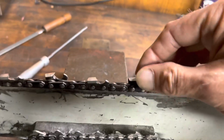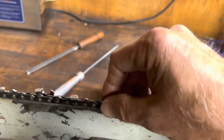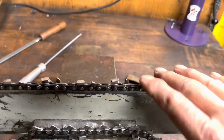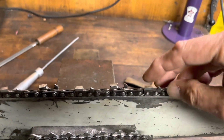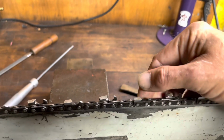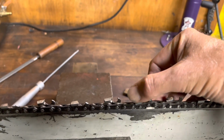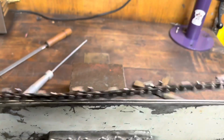All right, with the chain in here, there's a lot of walking around, and it's not really the groove that's so far out that's allowing this to move so much. And when these teeth aren't straight up and down, which they really need to be, if you cock that off to the side, then only part of the tooth is in the curved cutting. So we are going to touch this chain up, but we're going to dress the bar,